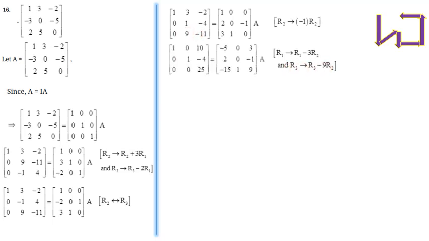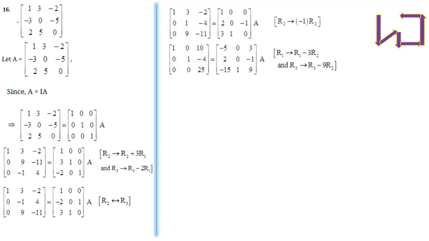After doing the transformation, R1 changes to R1 minus 3 R2. See R1 is 1 minus 3 into 0, 1 minus 3 into 0 is 1 only. Next R1 3 minus 3 into 1, 3 minus 3 into 1 is 0. Next R1 minus 2 minus 3 into minus 4, that means 12 minus 2, 12 minus 2 is 10. Then R2 is not mentioned here, R2 remains same, 0 1 minus 4, here same 0 1 minus 4,